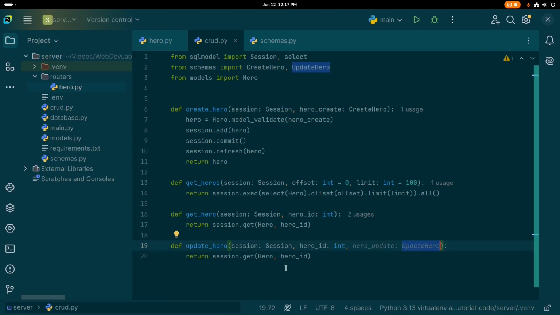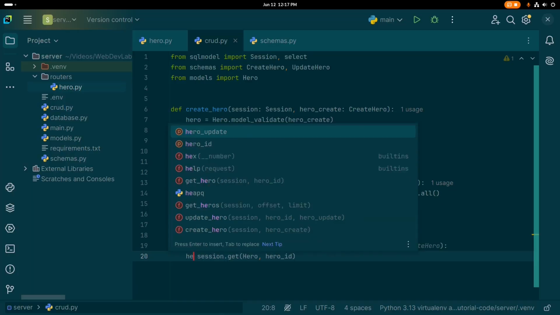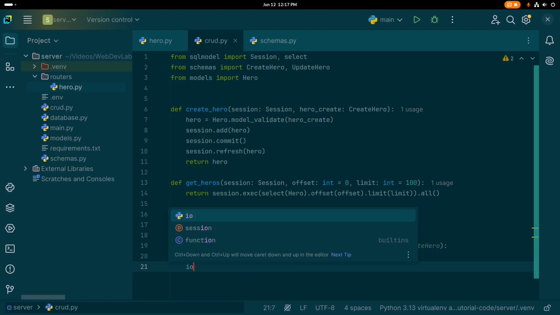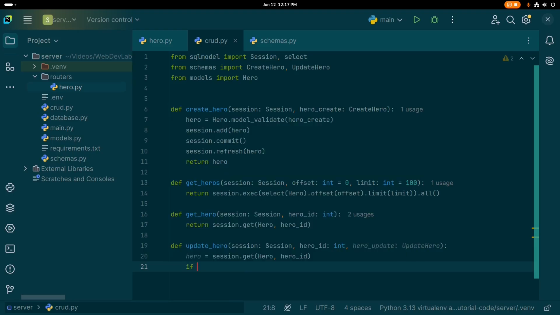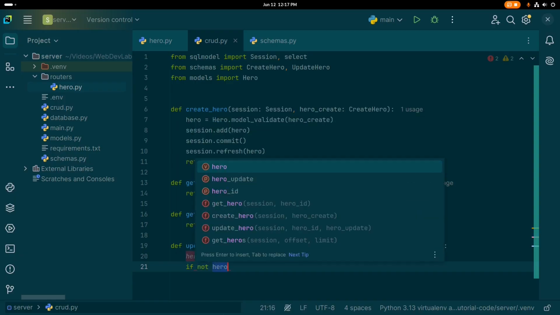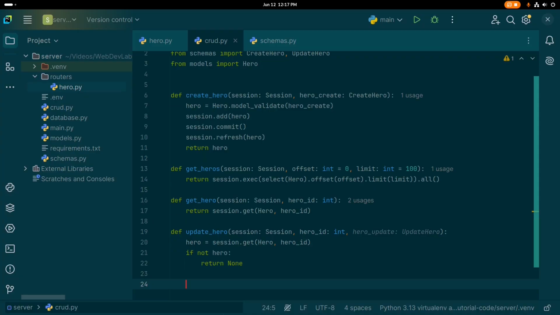Okay, we actually need to get the hero first and check if the hero exists or not. If not hero, then we are going to return none, and if hero exists, then we are going to do like this: